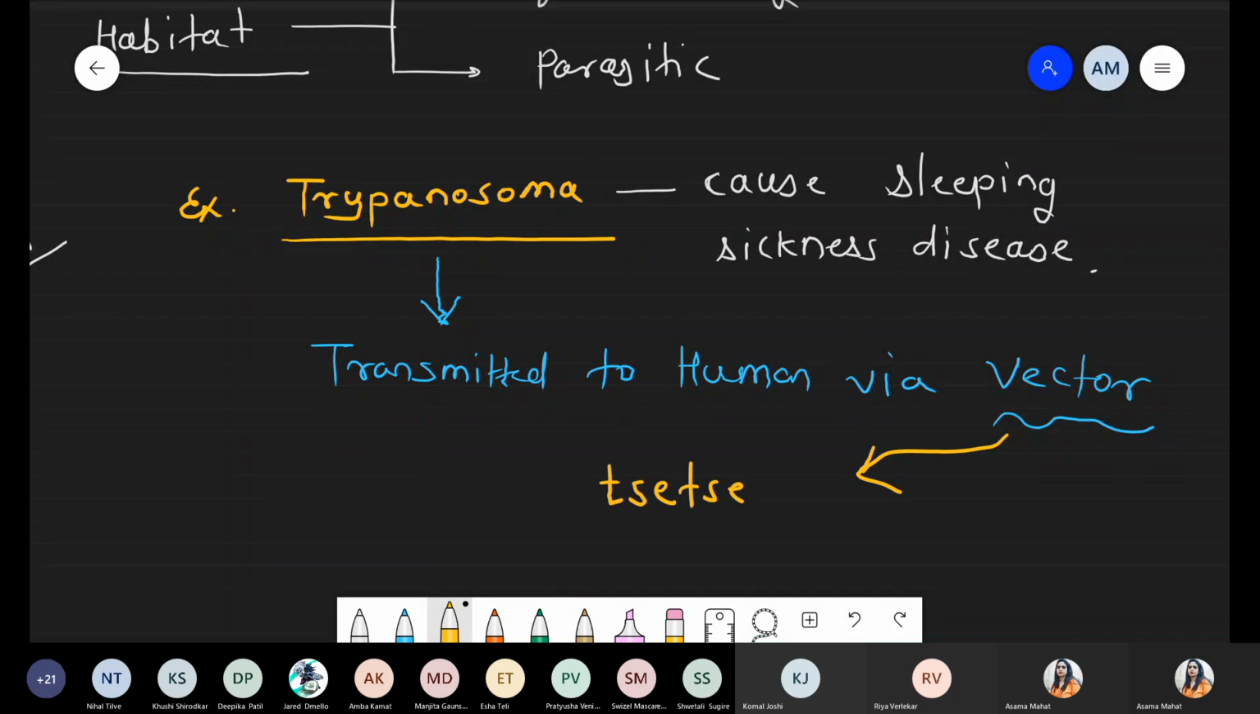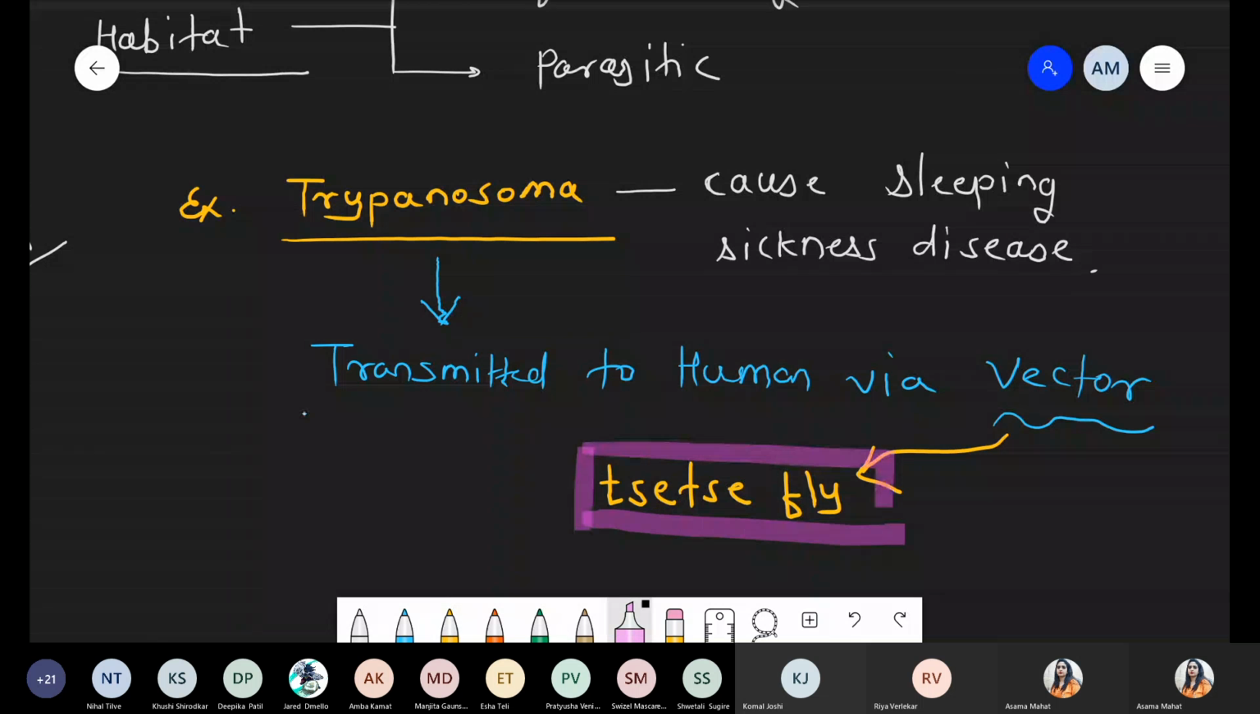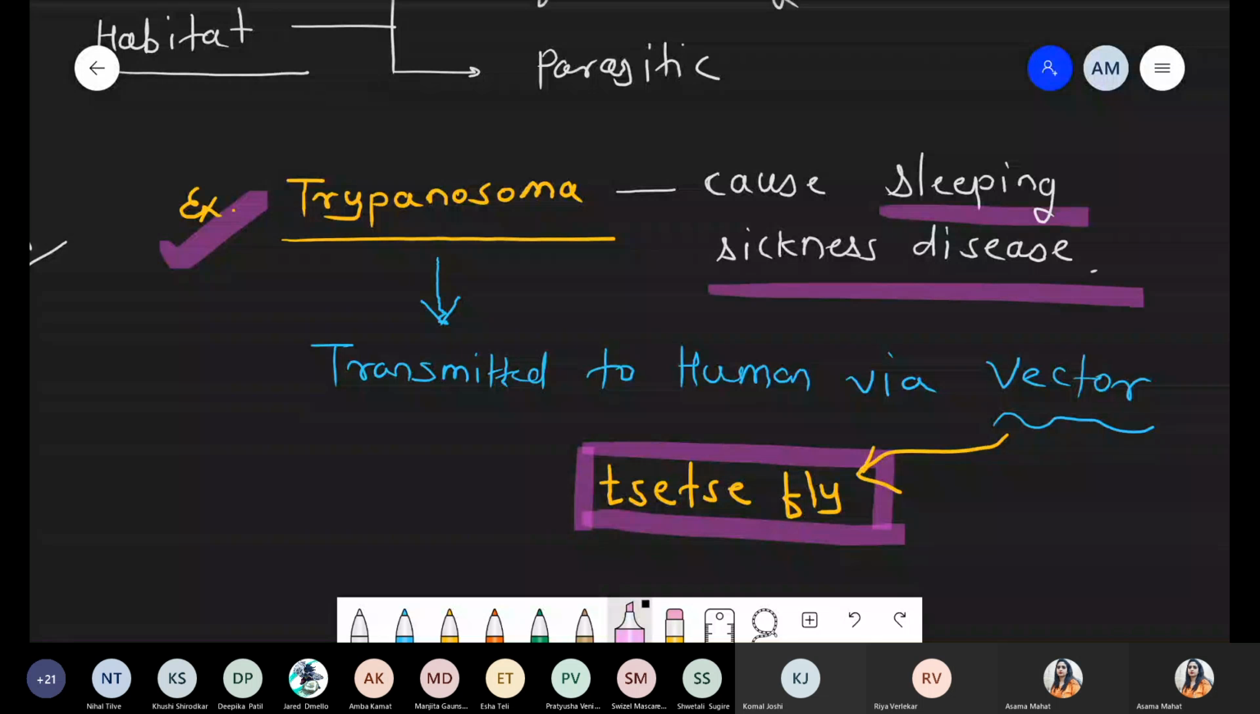Nothing but the tsetse fly. The name of the vector is one fly, the tsetse fly. So simple, who is the vector? Tsetse flies are the vector. The protozoa, a flagellated protozoa, is Trypanosoma. What disease will it cause? It causes sleeping sickness disease only in African rural areas, because you know that in